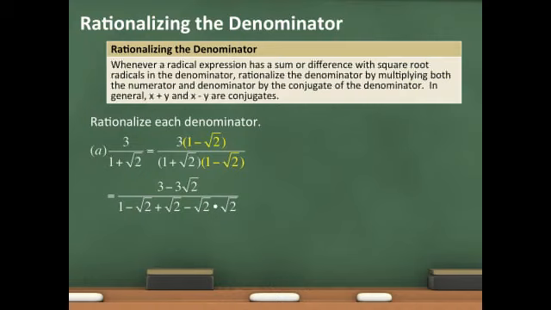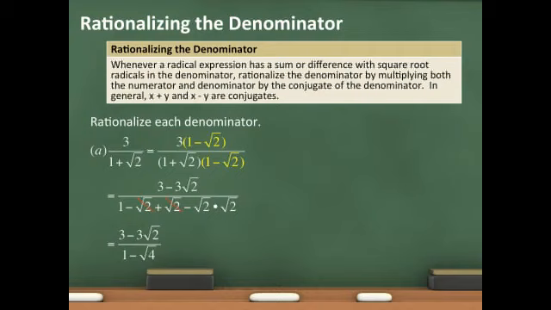In the numerator, we cannot subtract the two terms because one term has a radical and the other does not. So they are not like terms, which means they will stay as is. In the denominator, the two square roots of 2's in the middle are opposites, so we can cancel them out. Also, we can multiply the square root of 2 times the square root of 2 because both 2's are inside the radical. This will give us the fraction 3 minus 3 square root of 2 over 1 minus the square